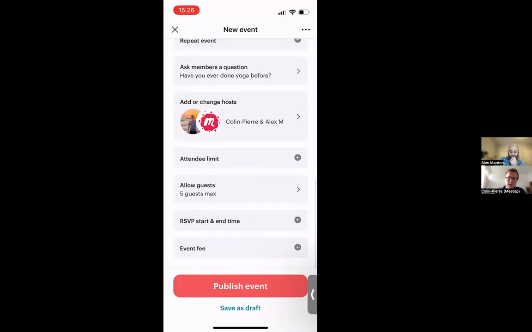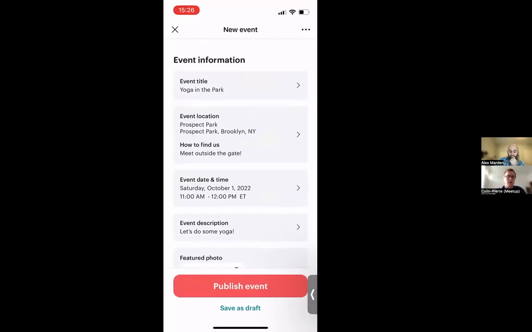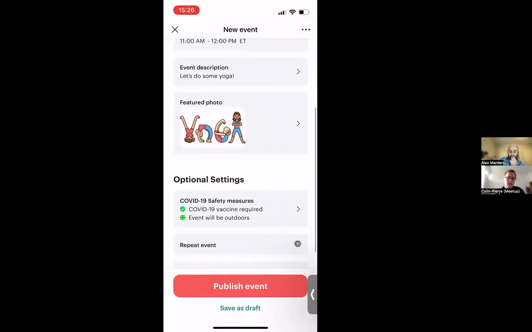Cool, so I just inputted all of my information. I'm happy with this, but let's say I'm not quite ready to publish it. You can tap Save as Draft at the bottom, and it will appear right in your draft list. So that's nice. Now, if you want to edit or delete the draft, just tap it, and you can make any edits, but you can also tap the 3 dots in the upper right and discard it if you don't want it anymore. But if you're happy with it, just tap Publish,